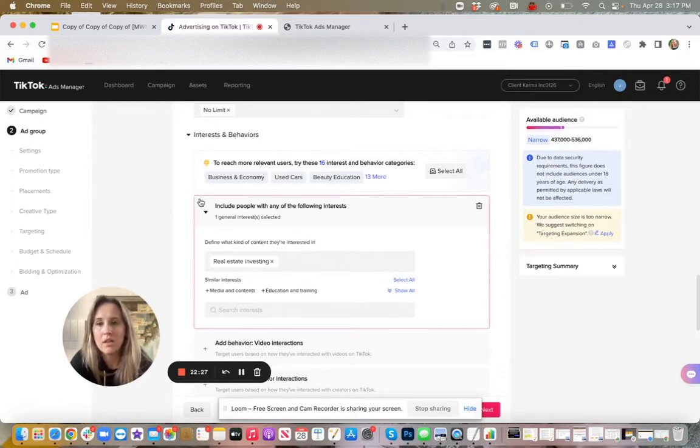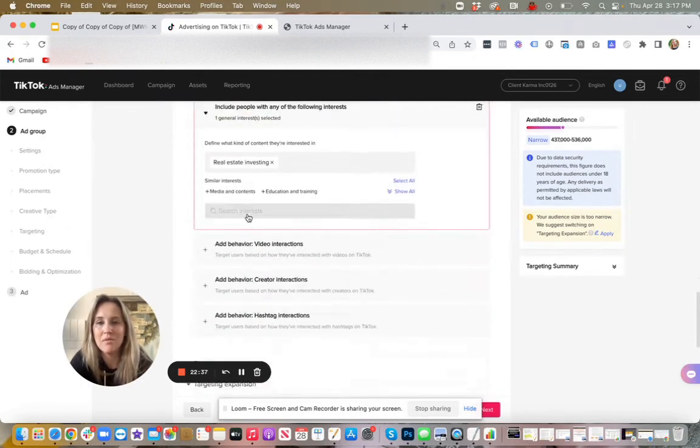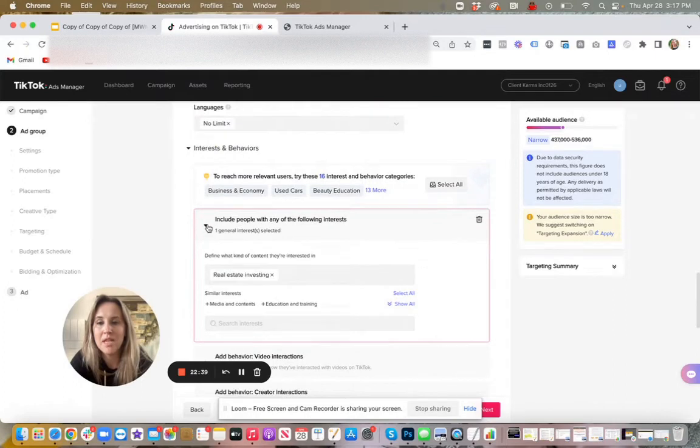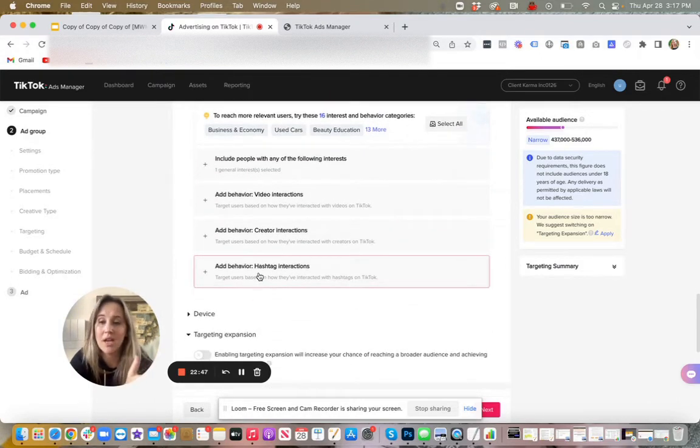This is why a lot of times I'm running with one ad group and not with multiple, because if I'm putting on targeting expansion and letting them deliver to whoever they want anyway, then unless I'm, I think the best way to use multiple ad sets would be to have one ad set where you're putting in interests like that, and then do a separate one where you put in hashtag interactions.